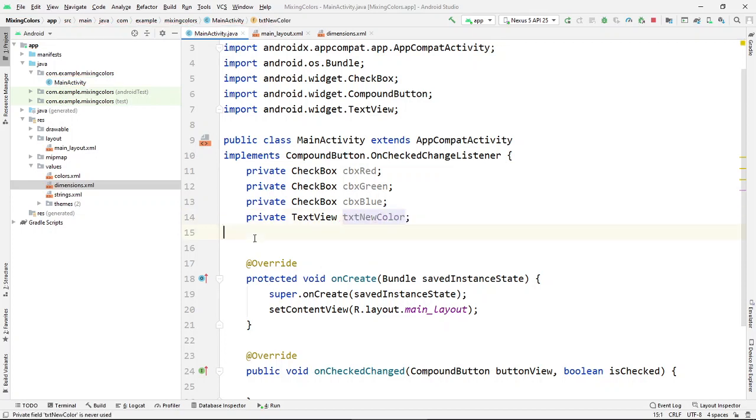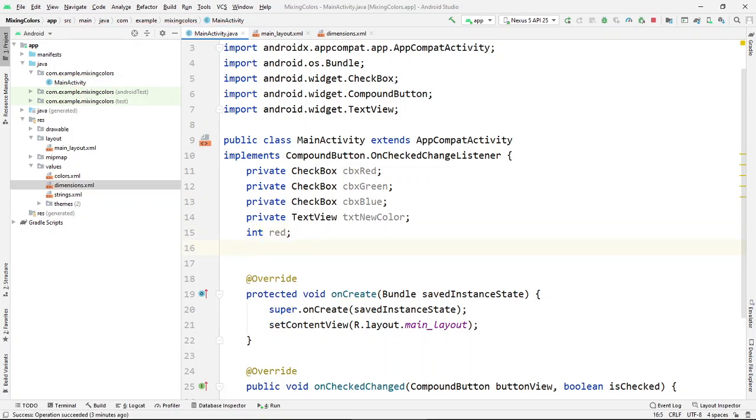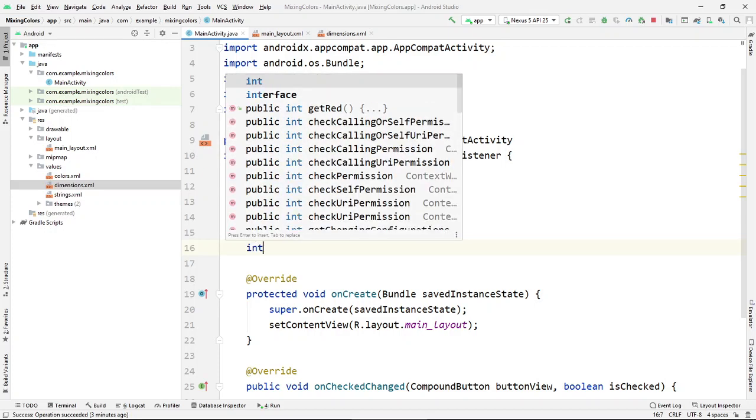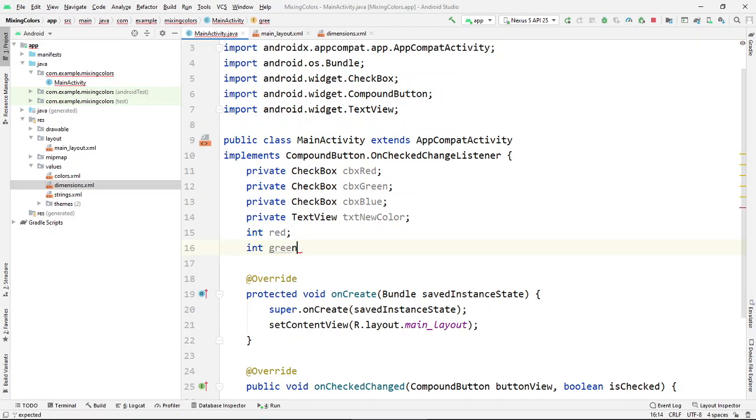So widgets are declared, but I may also need 3 integer variables in order to do simple arithmetic with the colors. It's just a model. Sometimes we call those numbers a model, something behind your view. Int green,